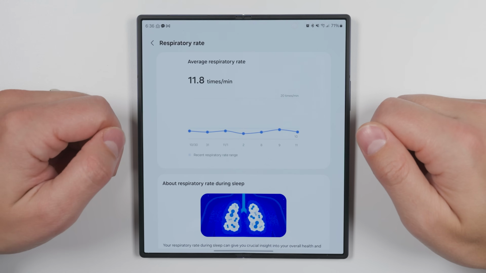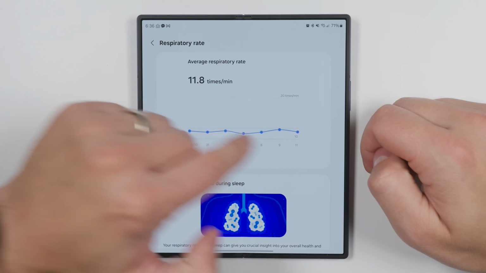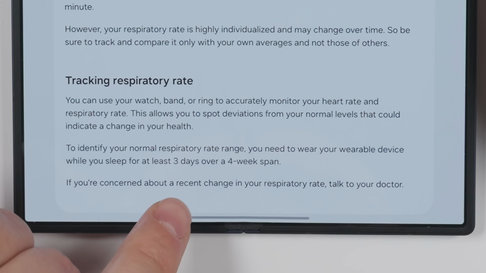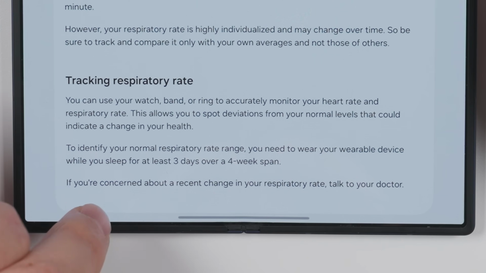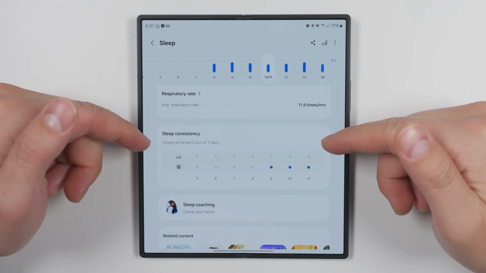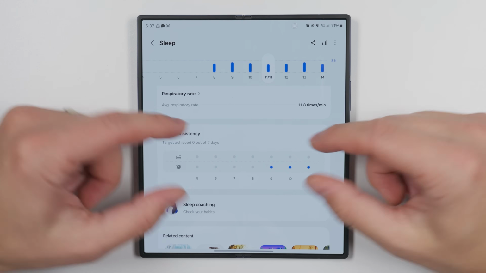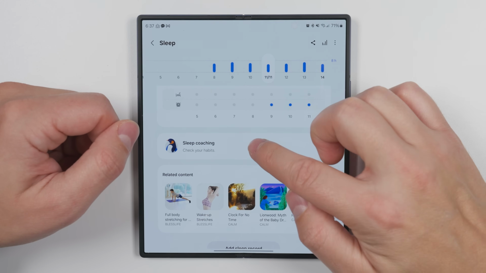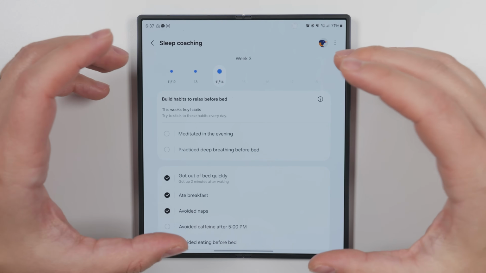If I tap this, I can see my respiratory rate each night over time and get more information about how this measurement works. And as you can see here, you need to track your sleep for at least 3 days over a 4-week span to get respiratory rate tracking. I already explained sleep consistency on the Galaxy Watch, so this is just a larger graph of that. And the last option here is sleep coaching, which takes you to the sleep coaching section, which I already showed